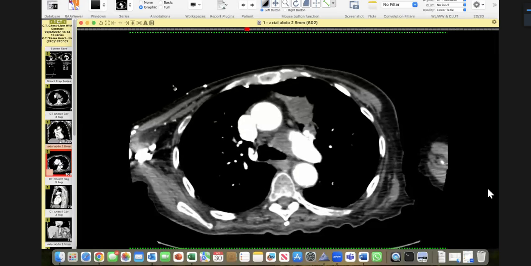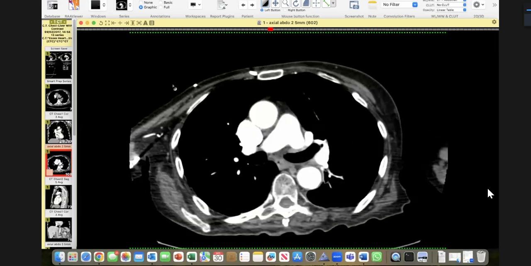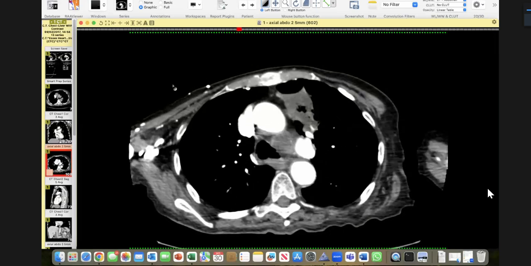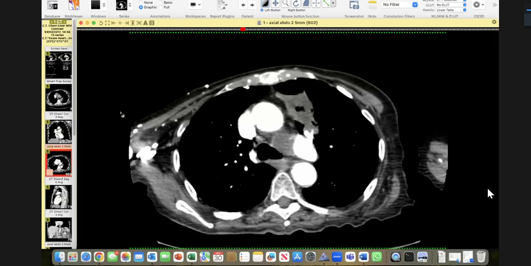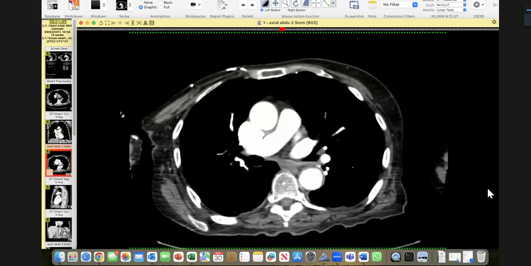Why do you want to see the coronal? I don't have a coronal. Because I'm concerned with this soft tissue in the mediastinum. You just give me your conclusion now. Can I see the parenchymal window and the bone window again? We are running out of time, so give me your conclusion. Okay, so